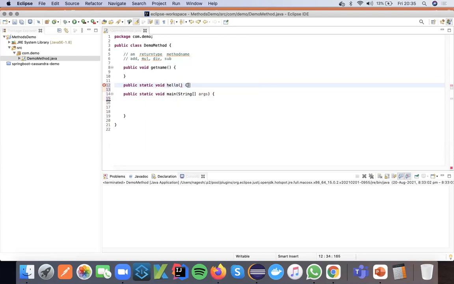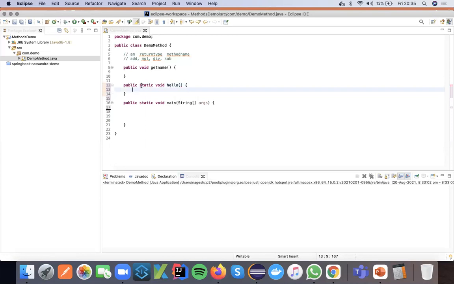This is the syntax for the static method. Here you have the access modifier, the static keyword, a return type and a method name.